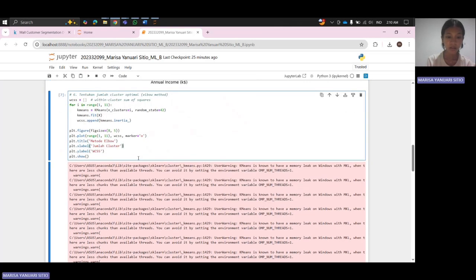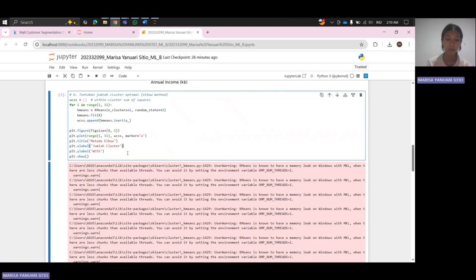Okay, line 6, determine the optimal number of clusters, elbow method. Explanation: try different numbers of clusters from 1 to 10.